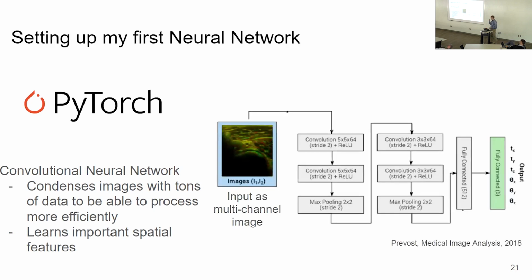I found a paper from 2018 that used something similar to this, that put in pairs of ultrasound images, and I've been basing my architecture on this. All these ultrasound images that we use are grayscale. So you pair the 2 frames that you want to tell what the motion between the bones is. You pair those as a multi-channel image, and then it goes through standard convolutional activation and pooling layers to a fully connected layer. The output is 6 because they did 6 translations and rotations, but mine is actually 1.